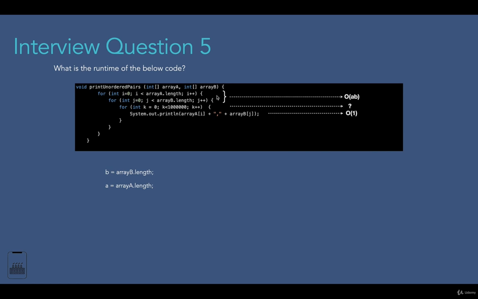Now here, if we examine it carefully, we see that it starts from 0 and continues until we reach 1 million, which is a constant number at the end. So this means that nothing changes over here. So this part of code will take constant time complexity, which is O(1). Then at the end, if we combine these complexities, non-dominant terms will be eliminated, so the time complexity for this method is also O(AB).